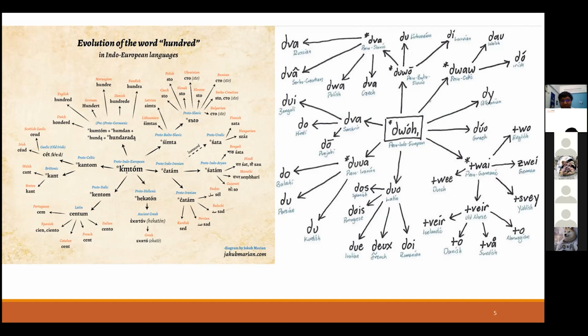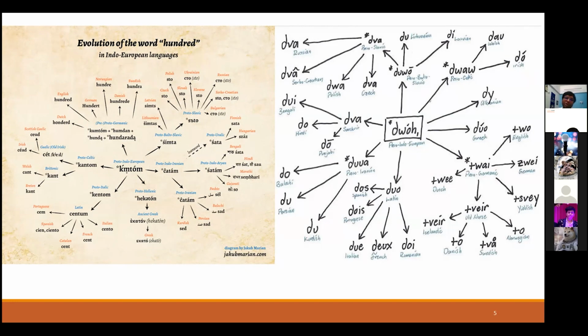The word at the left, which is again the origin of the word 100, one can see how 100 is very similar to the Latin centum, cent, or the French cent, or again which is very similar to so, shambar. It shows the evolution of the word, the origin of the word, like Kimtom, into various language families around the world. But these are just two examples of many other words which are related.